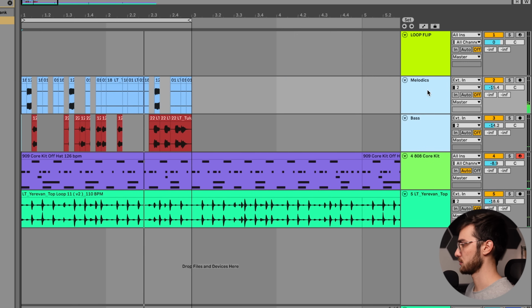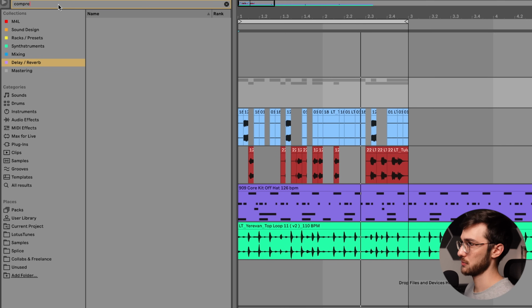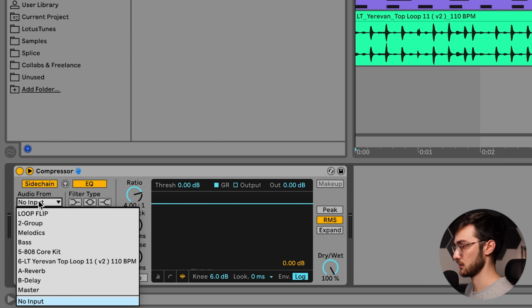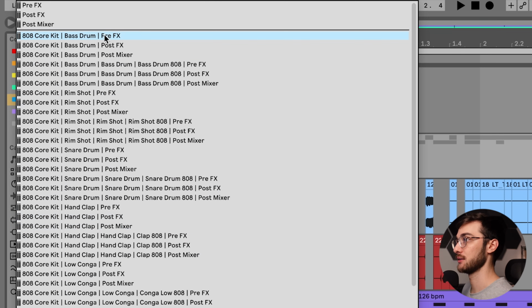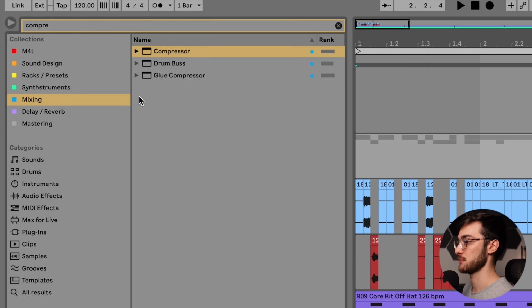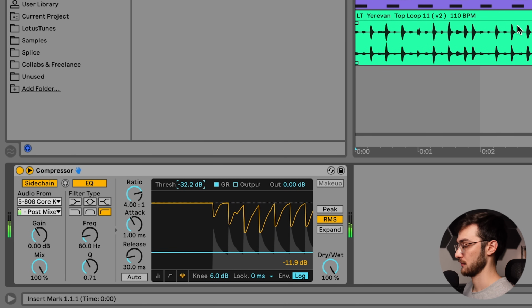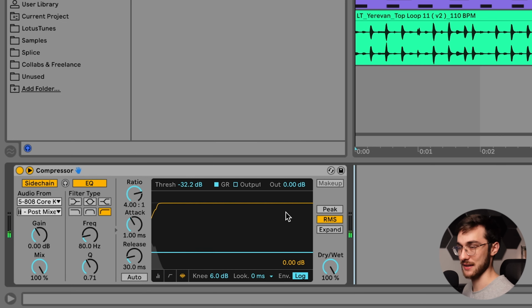And you know what? Let's group together the melodics and the bass and apply a sidechain to the group. So we have that kick being the main focus of the groove. Just going to place it here. Open it up. Sidechain input from 808 core kit. And take the input from the kick. You can find it here. Kick bass drum post mixer. Dial it down. So basically every time the kick hits, everything else is being reduced in volume,